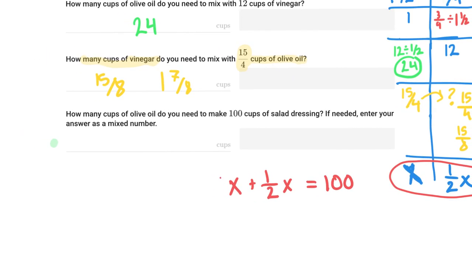If I have 1x and I add it to 1/2 x, that's 1 1/2 x equals 100. So we need to figure out 1.5 times what number is equal to 100. There's a pretty simple way to do this, and you'll learn more about it when you're solving equations. But essentially what we can do is we can just divide 100 by 1.5. And when you go and do that, you get